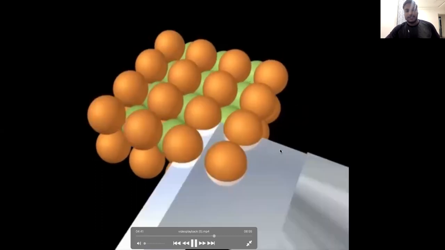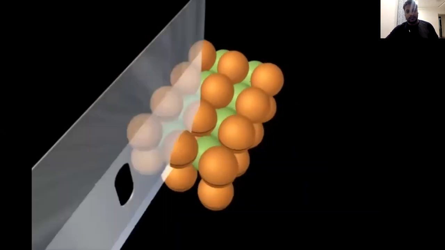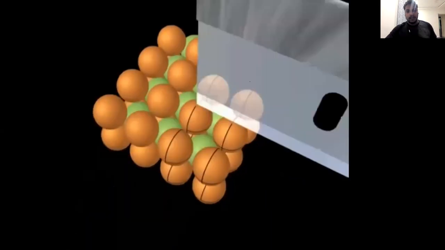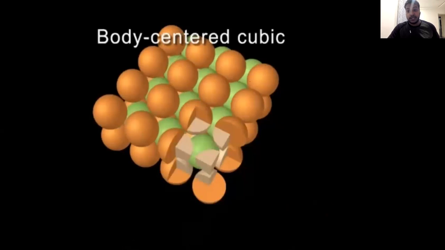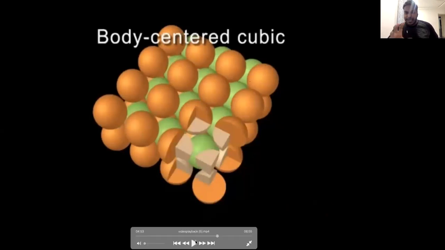This is how the BCC is. Okay, so you could see the one layer on a particular planar layer, they are not touching each other. Honestly, this is more of an egg view, because eggs also, when you keep them in a tray, won't touch each other. But if you put the second layer somewhere in the middle, in the grooves of those eggs, then that becomes BCC. Got it? So that is how the BCC structure will be repeated.